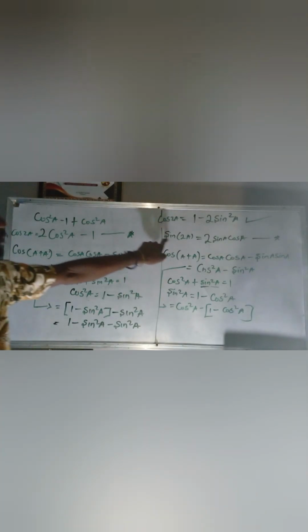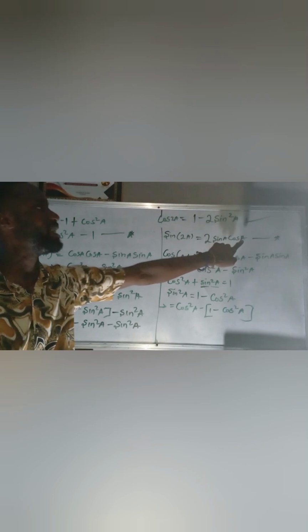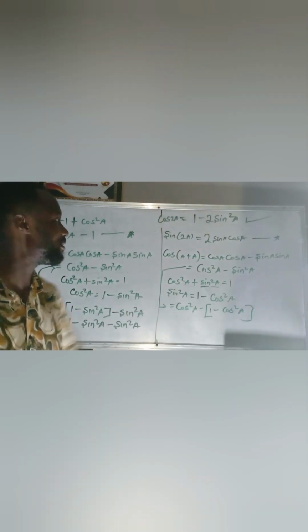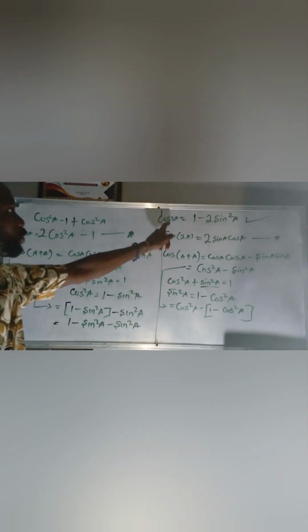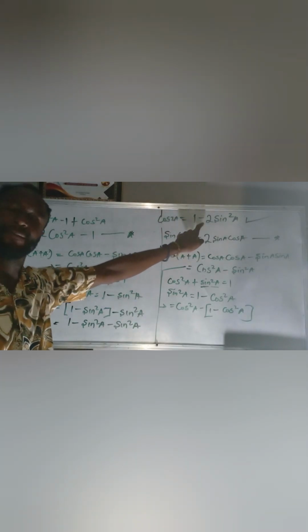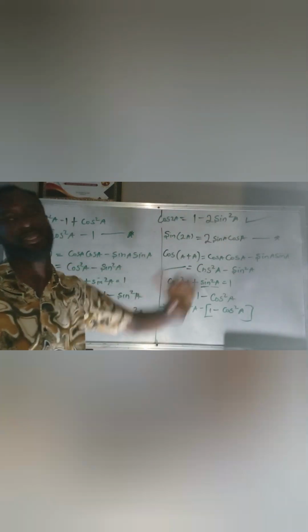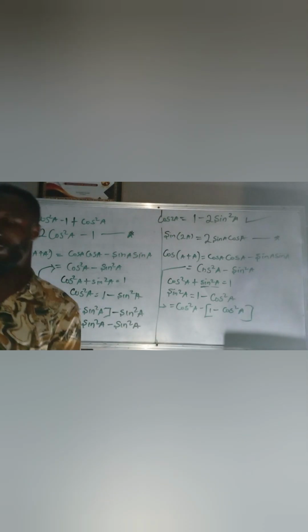So note these three things for now: sine 2A is equal to 2 sine A cos A, I proved it to you. Then the next one is cos 2A is equal to 2 cos square A minus 1. If we make this a subject formula, it depends on what you are solving for. Then the next one is cos 2A is equal to 1 minus 2 sine square A. So note this 1, 2, and 3 because you are going to be using this